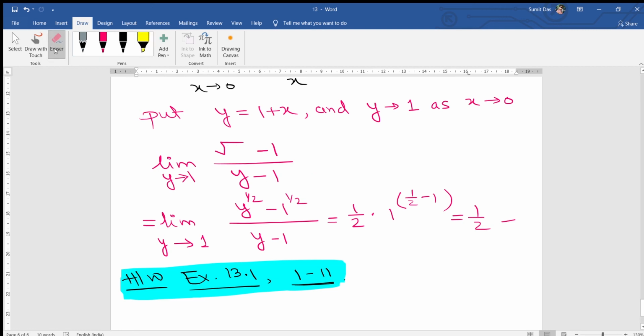Up to, sorry, up to this line is clear. Liang, you're saying doubt? Up to this yellow colored part is clear. Okay, now